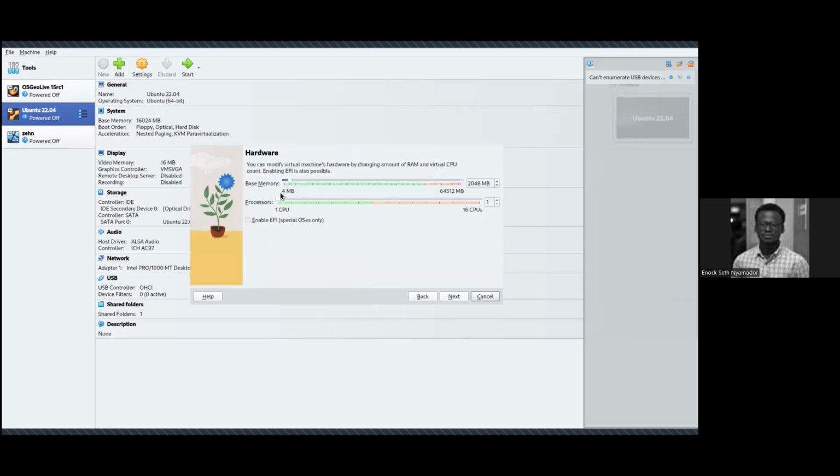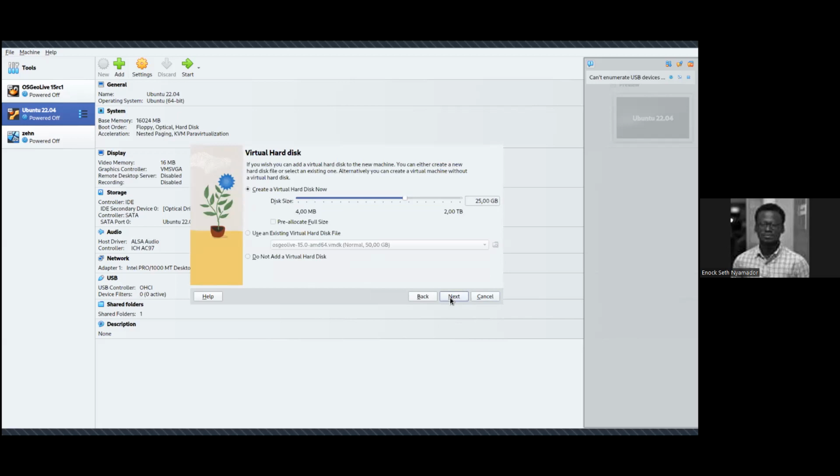This machine needs RAM and CPU. Computers generally have this. So I allocate some gigabytes, maybe, and then I increase the CPU count to a couple, and then I go to next. Now, be mindful if your computer has very limited RAM, don't assign over 50% to the virtual machine, because this is a whole computer. It will run the same way, it will consume the same resources. Then your host, that is your main computer, becomes very slow and may freeze if you do that.